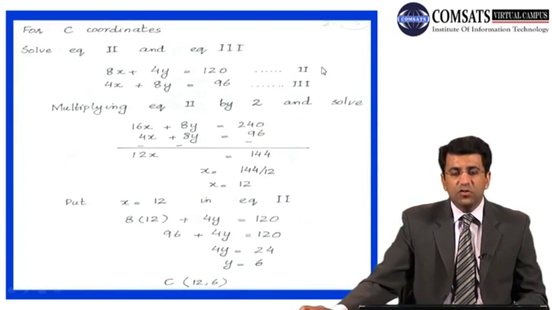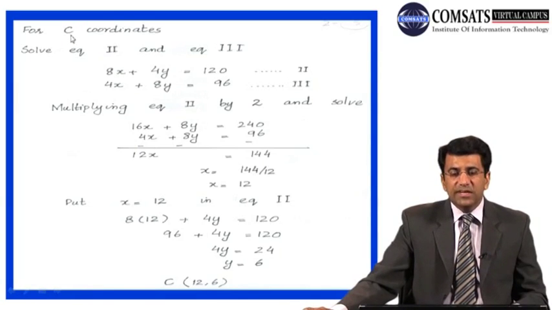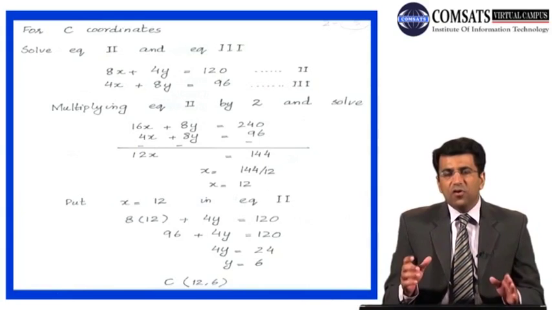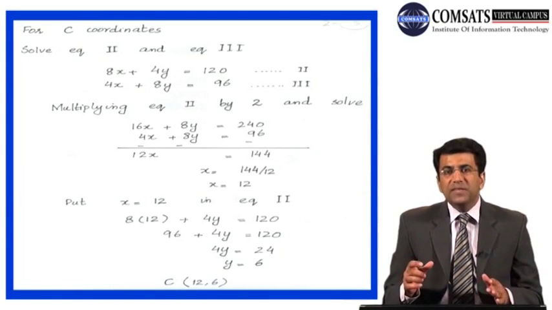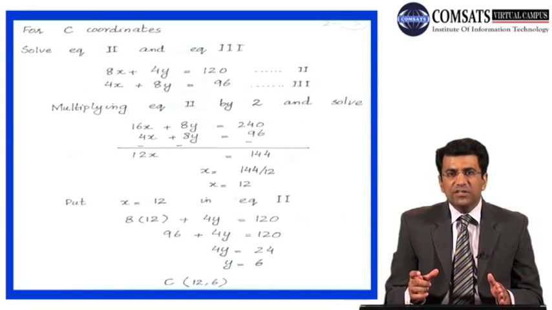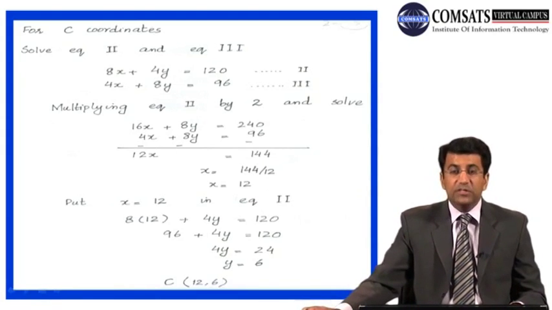Next, in order to find the coordinates of point C, we will solve equation 2 and equation 3. Now why are we doing that? Why are we solving equation 2 and equation 3? Because this particular point C is the intersection of the second line and third line. So sometimes you'll have to draw those lines on that particular graph precisely, so you can clearly know what point is actually the intersection of which lines. So the intersection point is important, especially when there are 3 lines or more than 3 lines.